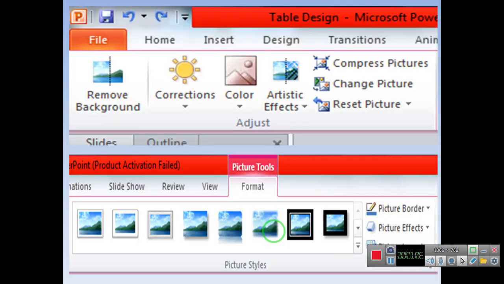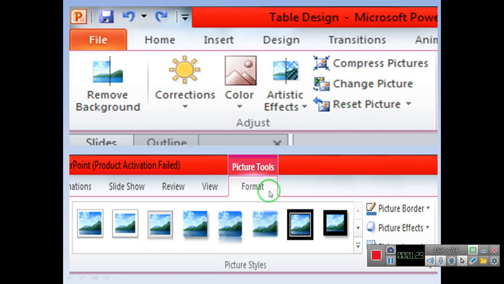So this is how the Format tab appears over here, that is remove background. Then we can make some corrections, we can change colors, we can use artistic effects, and we can compress a picture, change a picture, or reset a picture.